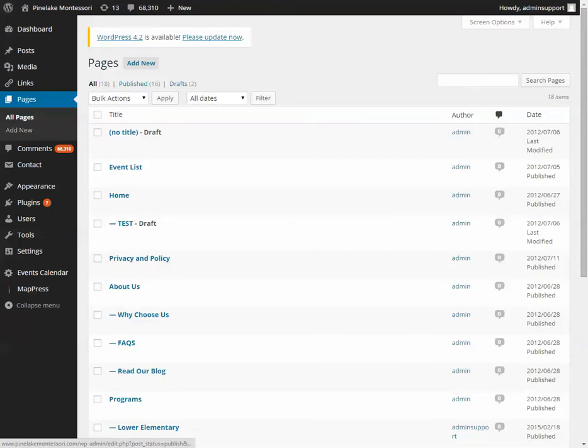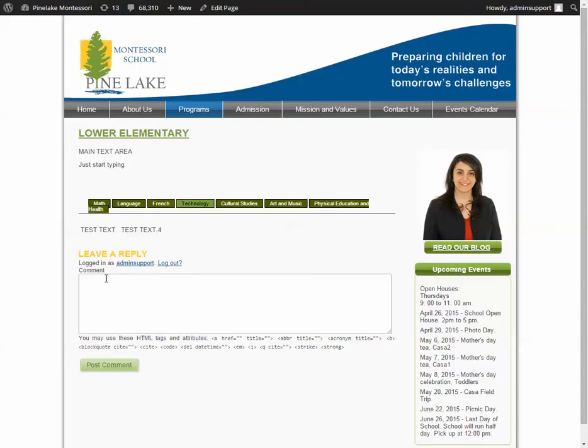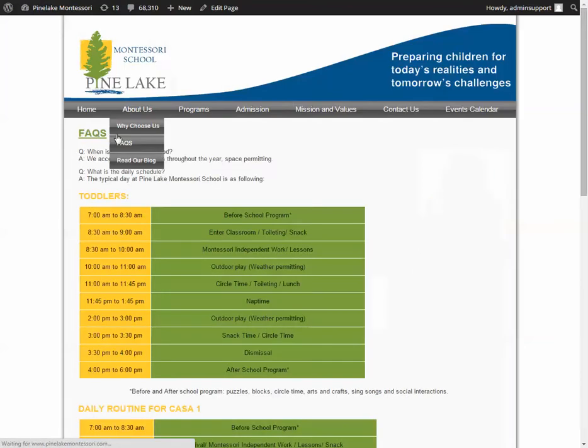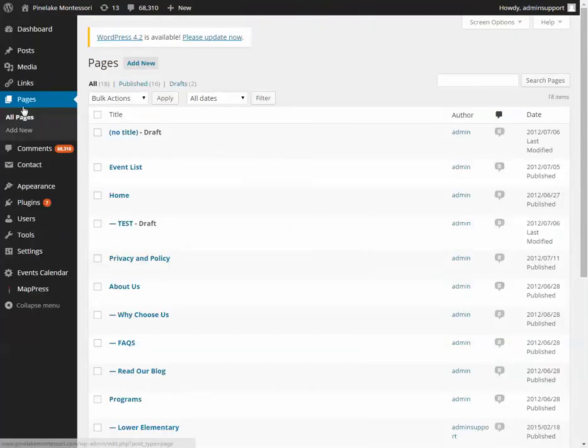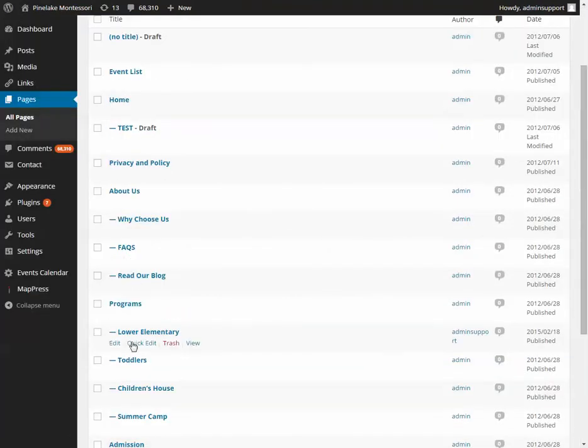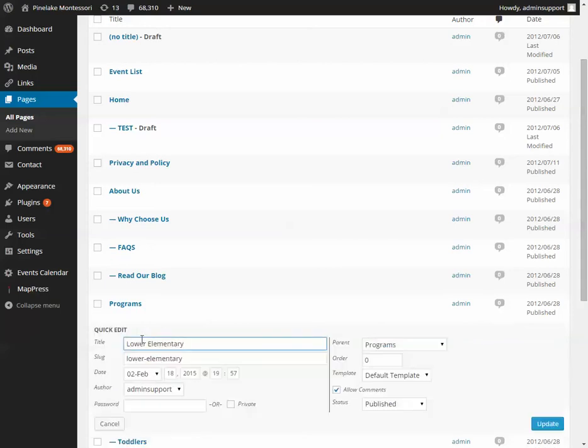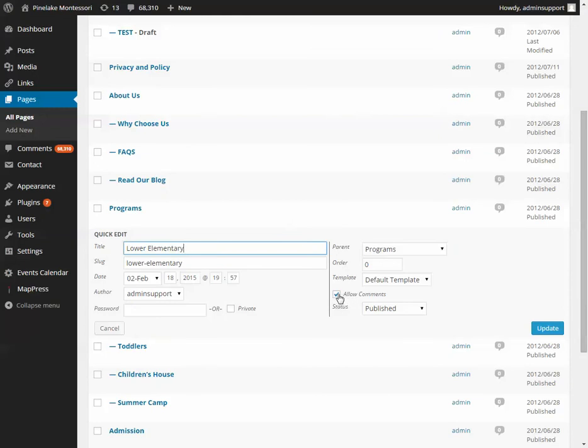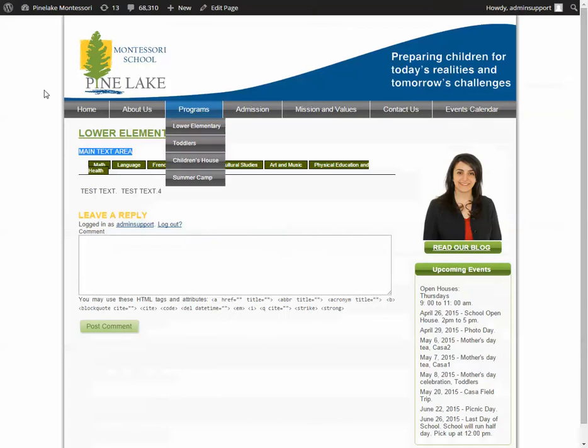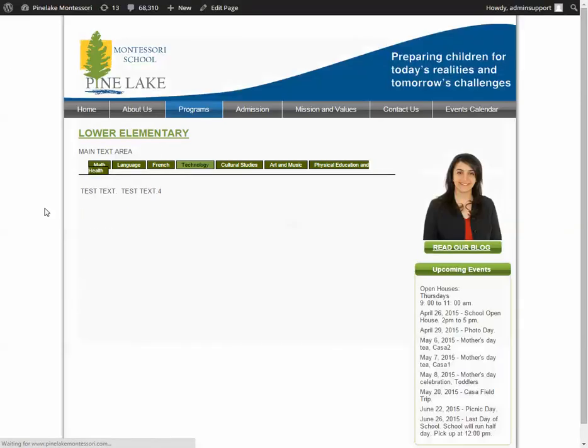Now for the comment section at the bottom, that is happening because this page has been told it's allowed to have comments from visitors. Other pages, like the FAQ page, don't have that option. To fix it, go to Pages, and then find the page that has the comments, Lower Elementary, but instead of clicking on it, choose Quick Edit instead. And over on the side there's a checkbox that says Allow Comments. Uncheck that, hit Update, and if I refresh the Lower Elementary page, now it only has the text that you've